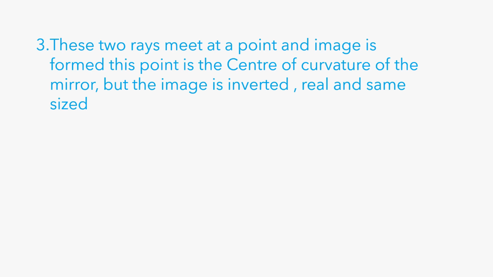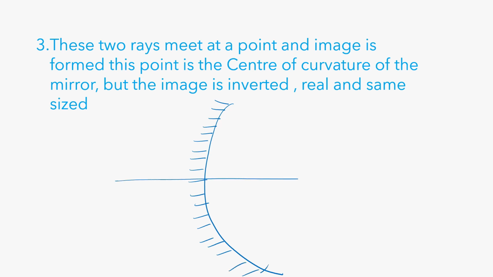Now here we are taking this concave mirror. This is a concave mirror. This is polished surface. Here we are taking, this is the principal axis and it is pole. Geometric center of the spherical mirror is known as pole. Now here this is the focus and it is center of curvature. Now we will discuss. Here we are taking the object.